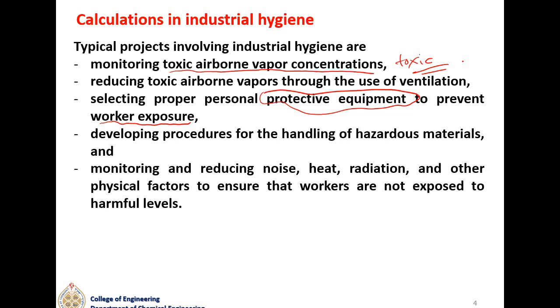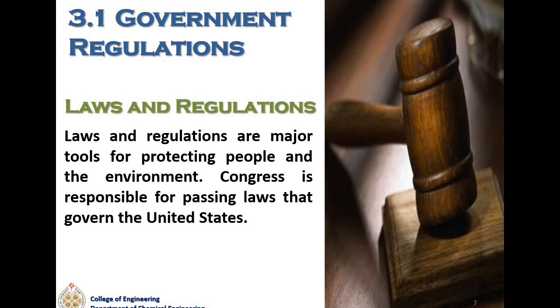And it's not only talking about the toxicity of the concentration or the exposure. It's also noise. It's also heat, radiation. All these are also hazards. And we are going to calculate if that is acceptable or not acceptable. And as we covered in Chapter 2, there are the threshold limit values, the immediately dangerous to life and health concentration, and the permissible exposure limits. All these are things to consider.